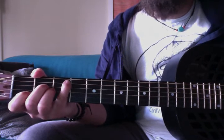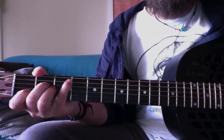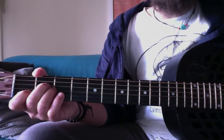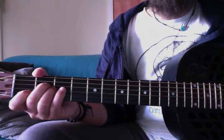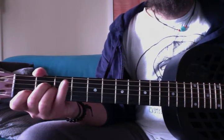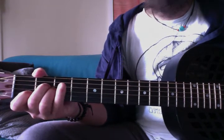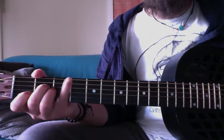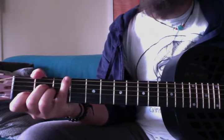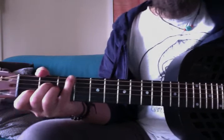So I'm using the fourth finger, A string, 3rd fret. So this is C. So you already got this little Western cowboy thing going. As you can see, I'm going from A to G. So I'm making the G my turnaround. Don't want to get into that. Why? Because I just am. And for now,